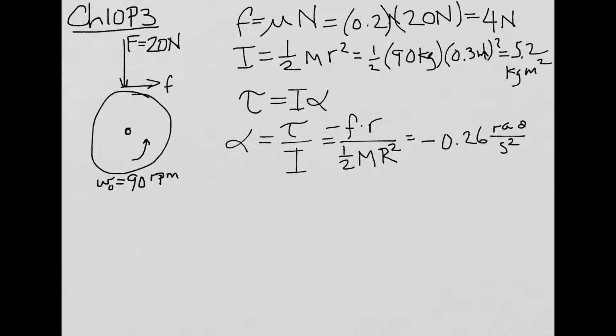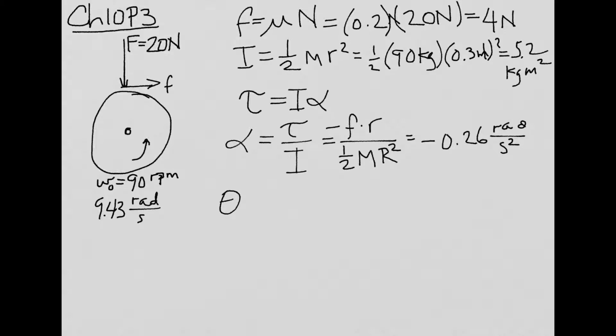Now, the second question was, what is the angle theta that the disc goes through in terms of stopping? Before we can do that, we have to convert 90 RPM into radians per second. We would multiply by 2 pi radians per revolution, and we would multiply by 1 minute per 60 seconds, so 90 RPM is 9.43 radians per second. That's the initial